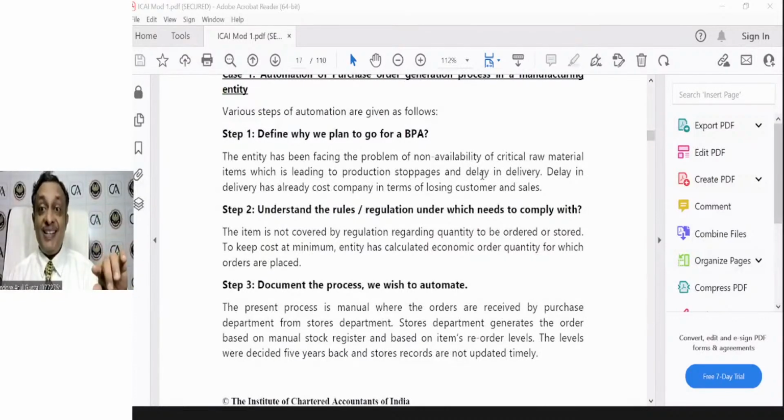So what you are answering in the chat is maximum level, minimum level, reorder level, arrange in descending order of their size. Okay. Then understand rules and regulations which entity needs to comply with. They are going for purchase order automation. The item is not covered by any specific regulation, but had it been a restricted item, then you need to have complied with. Like, for example,